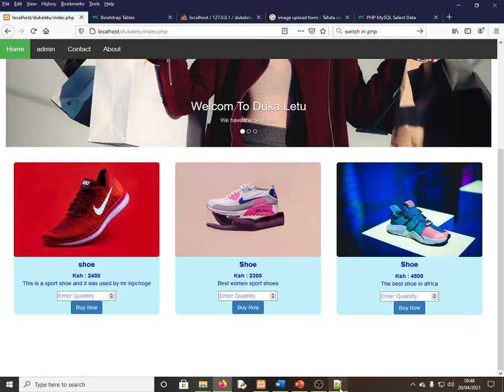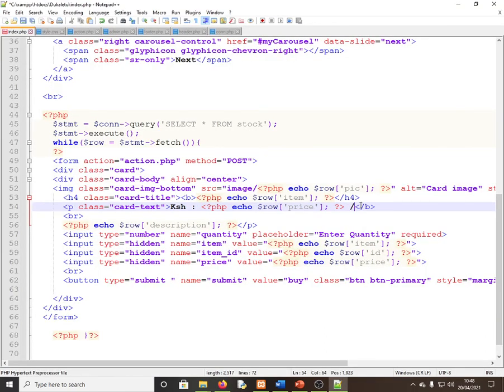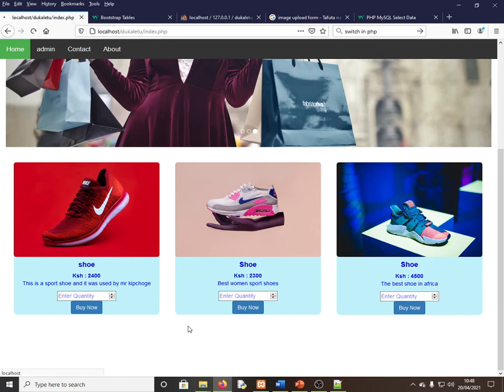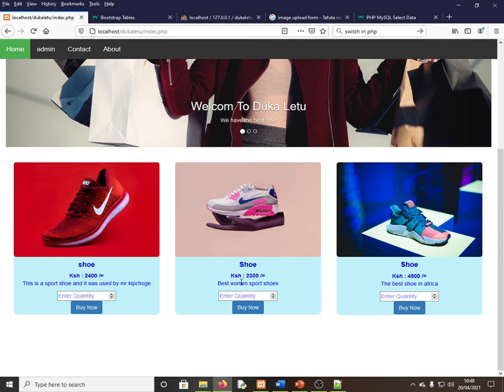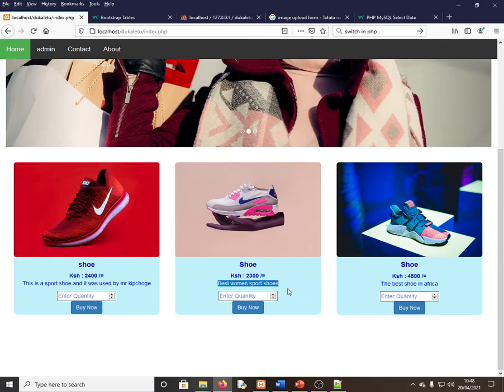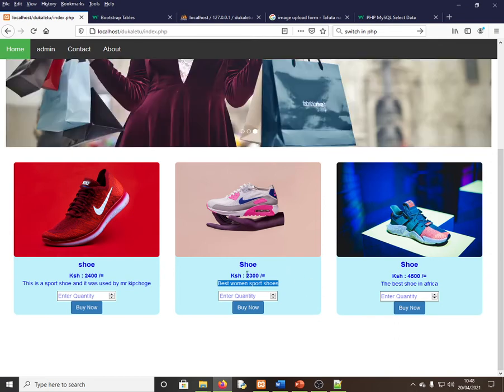Even I can have a money sign like that, so that it can have something that looks like that. Yeah, I think now this one is visible. Shoes, this is the amount. Description we have got here. So that is it about